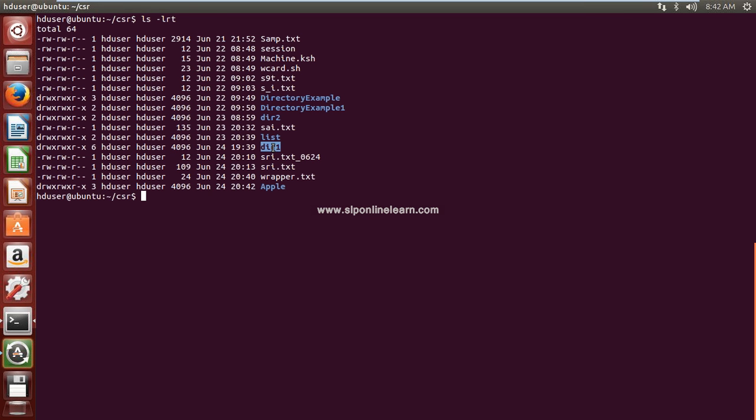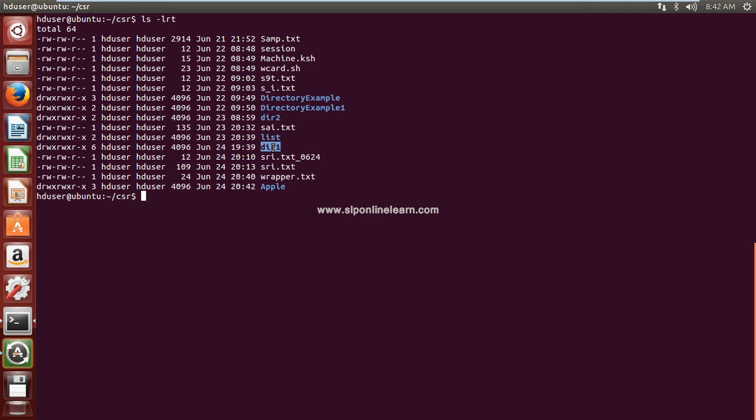One is the source file name or directory name or path, file or directory path, if it is not the present working directory. And the second parameter is your target file location or directory location, where you want to move this file, with the same name or a different name.